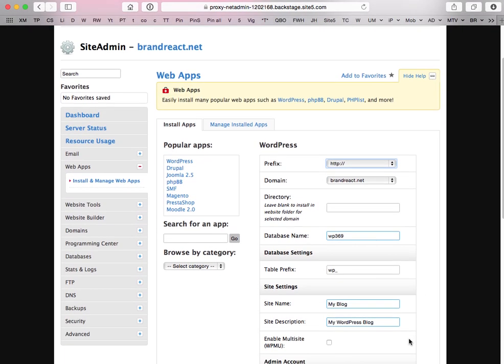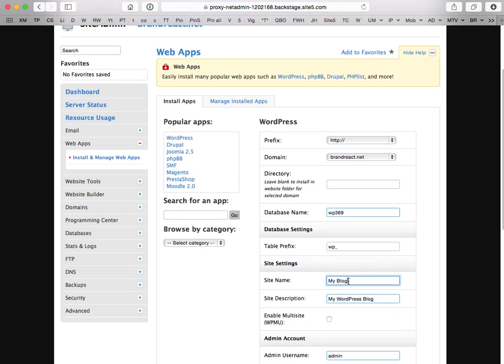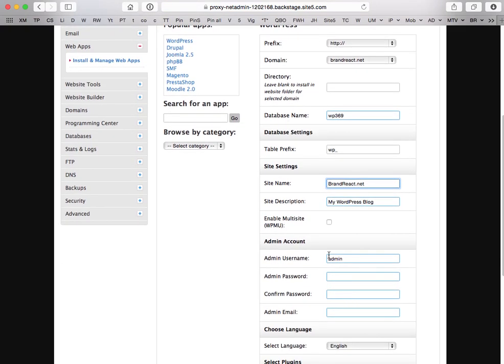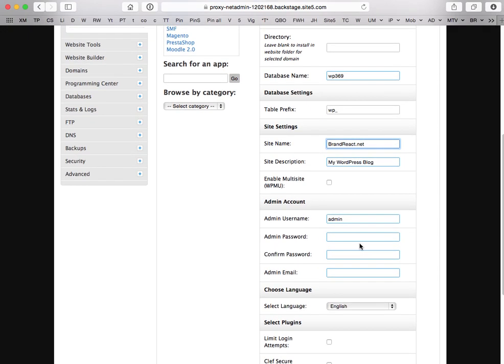The table prefix we can leave. The site name we can enter as the name of our blog. And you can add optionally a description for that. You don't have to enable multi-site, but you should pick a good admin username and don't use admin because it's too obvious. So for our purpose we will use,